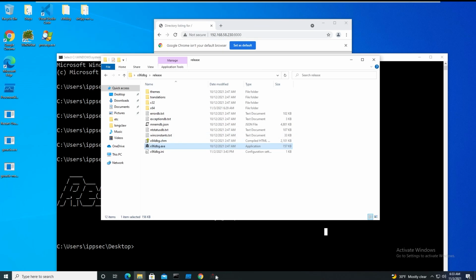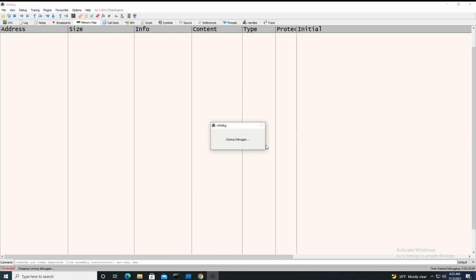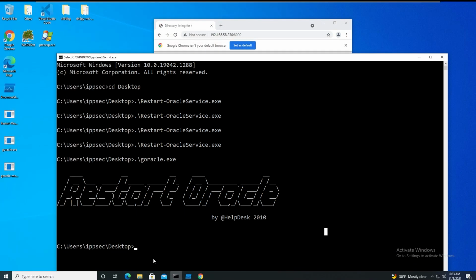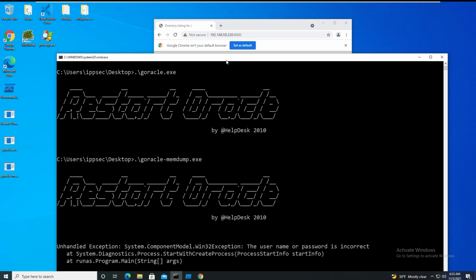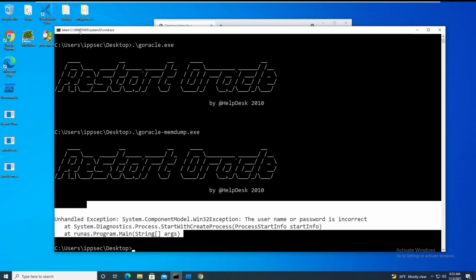So again, the reason why I went down this path quickly in the debugger was I knew this program utilized .NET. So I wanted to see if I could extract the .NET executable it was doing some type of injection with. So memdump, and now it stopped working. Username or password is incorrect. So at this point, we can open up in DNSpy,